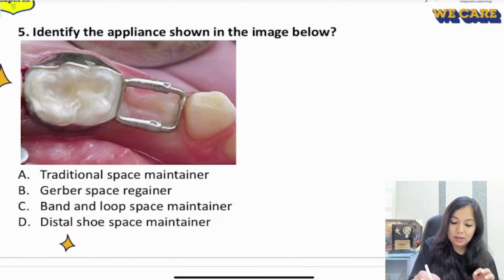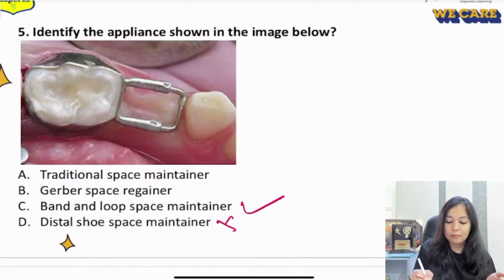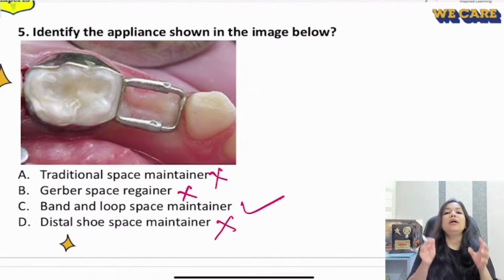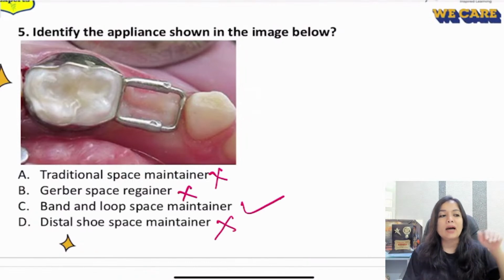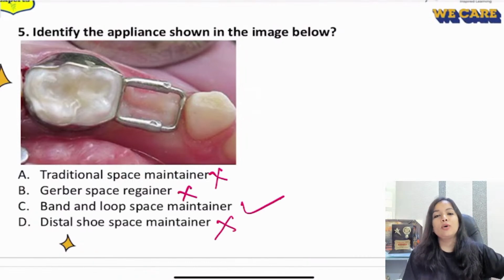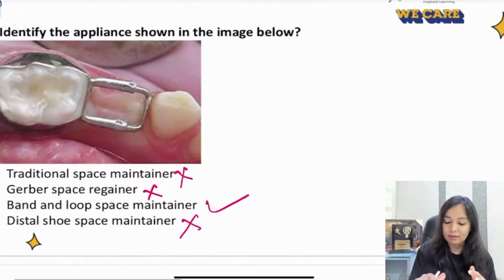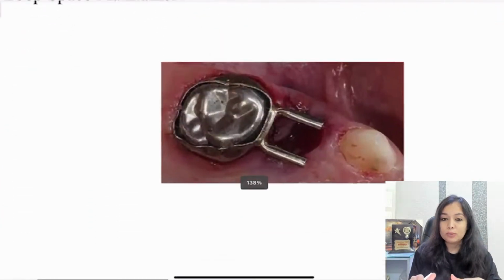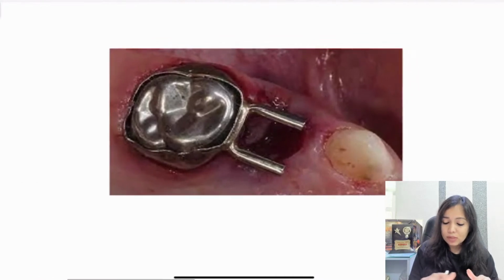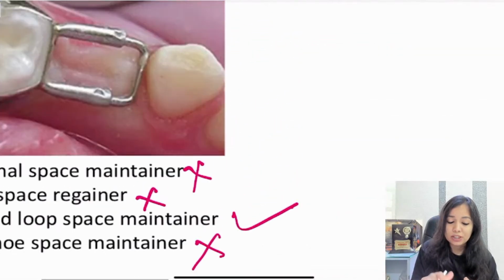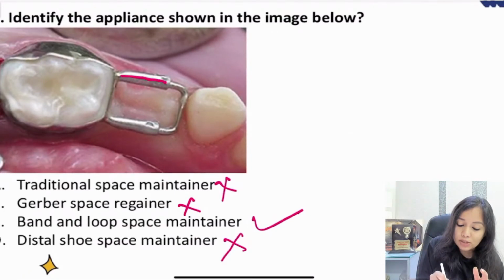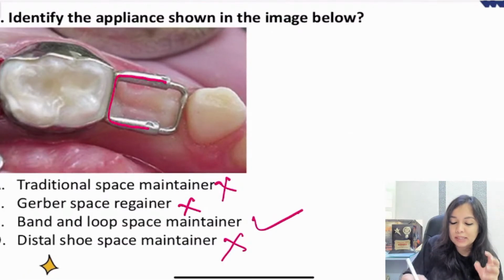Then this can be a band and loop space maintainer, and it can definitely not be a distal shoe space maintainer. You all know a distal shoe space maintainer has an arm going inside the gums in order to guide the path of the erupting first permanent molar. Such a band and loop space maintainer is generally given in case of crown and loop. Can you see this picture? In this space maintainer given in the question, this is a tube, and such a space maintainer is called a tube and loop space maintainer,